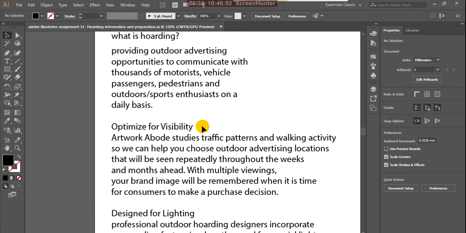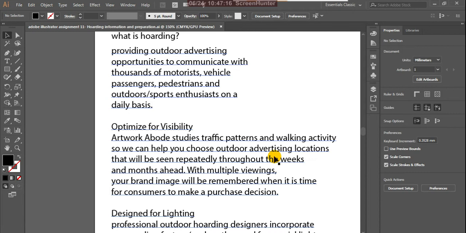That means multiple viewings. So many times they see your message, your hoarding, and they remember your brand image. Because we are continuously watching the same thing, it will be remembered when it is time for the consumer to make a purchase decision.